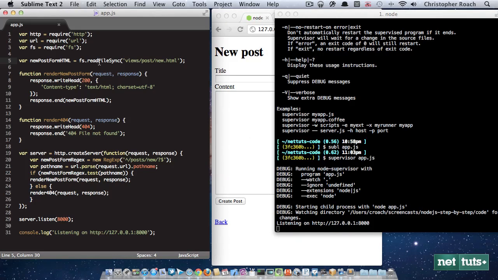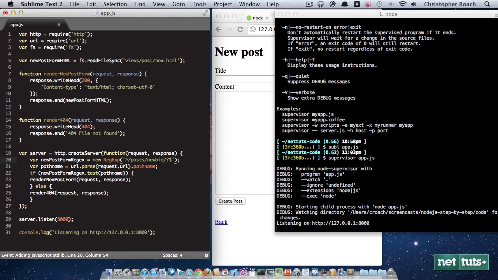So what I'm going to do is go up to the actual URL. So the post/new.html or whatever. Oh, sorry. Actually, I'm going to go down here inside of our server. So this is where we actually specify the URL. So /post/new. And I want to change this. So let me just add something stupid on here. So now it's /post/newbie. And when I save this, what you should see is actually Supervisor taking the actual server